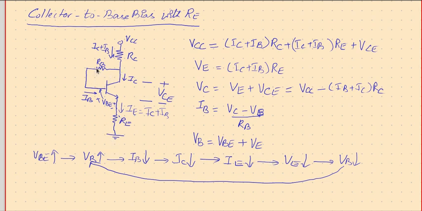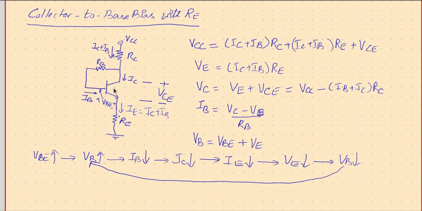Apart from the feedback we had from the collector to base connection, as we checked in the previous session, this is also providing a feedback effect and trying to make sure that the operating point is at its stable position. So this may be, as an example, we just looked at VBE. Thermal drift can also cause a change in beta